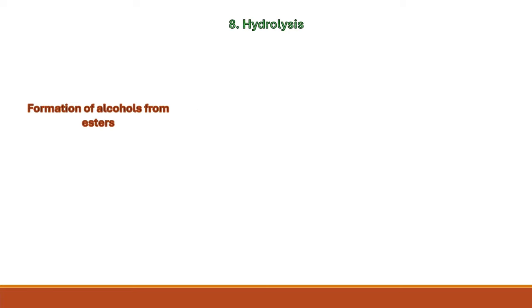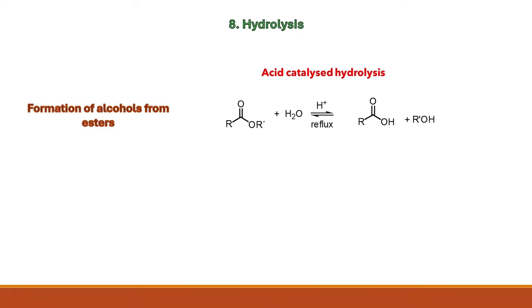Hydrolysis is the formation of alcohols from esters. So hydrolysis is breaking down with water. There are two different types of hydrolysis, and the product will differ depending on the catalyst used. So the first one is the acid catalyzed hydrolysis. So you use water and you use an acid as well, and then the products are going to be the